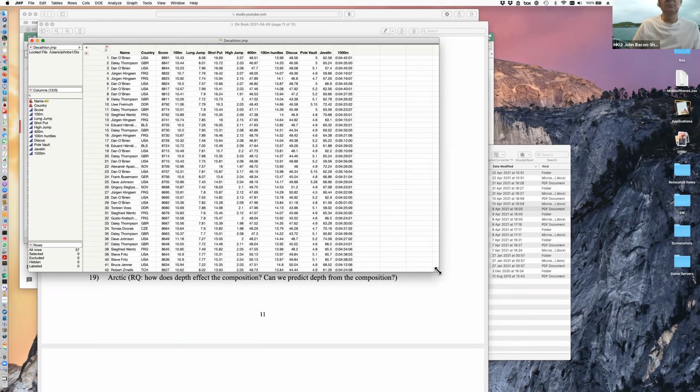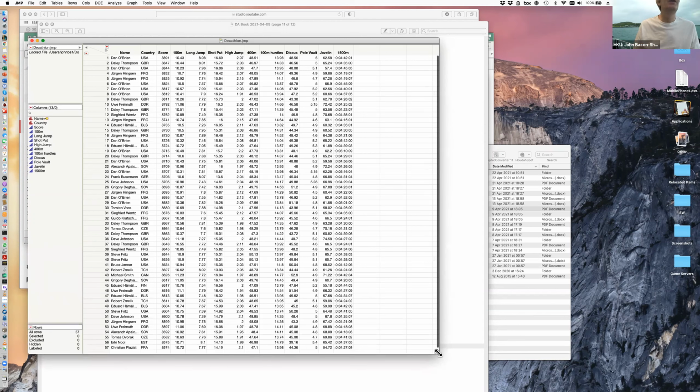Now, I should point out a slight problem with this data set. You'll notice that we have names. So actually, people like Dan O'Brien and Daley Thompson and Jürgen Hingsen are in here many times. So these are not truly independent observations, right? We're ignoring, for the moment, that these are the same individuals measured on multiple occasions. If I remember correctly, this is basically their performance in elite competitions, okay? But for the moment, we're going to ignore that. The key question is,